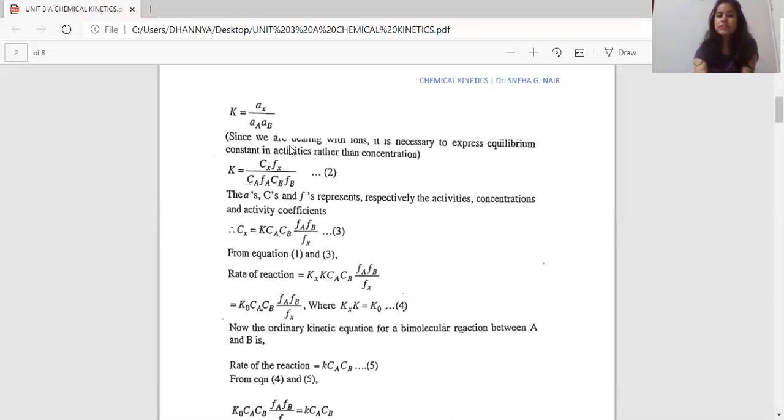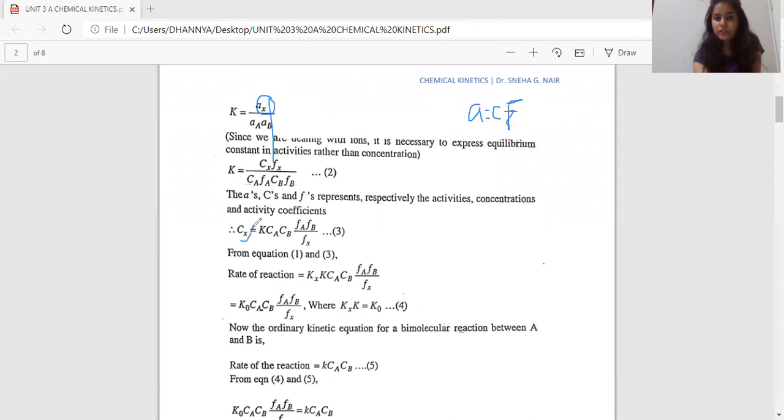Now, activity is denoted in chemistry as what? It is denoted as concentration times the activity coefficient, which is F. So if I consider that activity is concentration times activity coefficient, this equation can be opened up and written in terms of concentration and activity coefficient. While writing it out, the equation turns out to be K equal to CX FX upon CA FA, CB FB. We are not making any changes, just elaborating the equation in the form of C and F, where A is the activity, C is the concentration, and F is the activity coefficient.